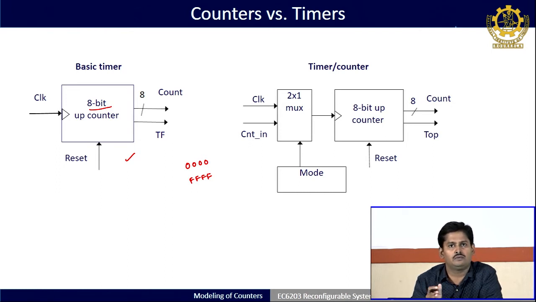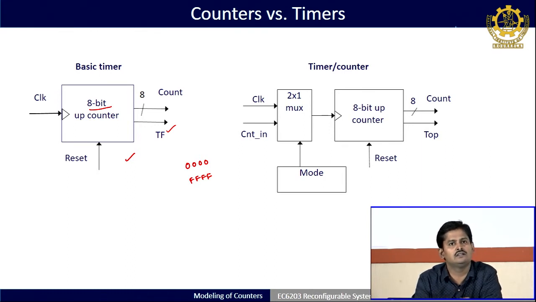So, for however many counts there are, we can just multiply and find out the total time period elapsed for that corresponding number of counts. Okay. So, in that case, this up counting will help us to monitor the timing between the two events. Okay. So, here additionally you can see there is a flag we have taken, TF, which is a single-bit flag. So, mostly what happens, if it is an 8-bit counter, it will start counting from 0 up to 2 to the power 8 minus 1. After that, it has to reset to 0 again automatically.